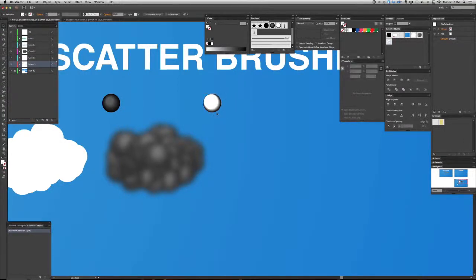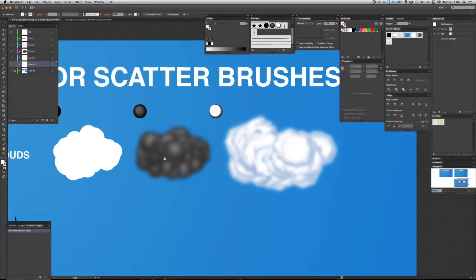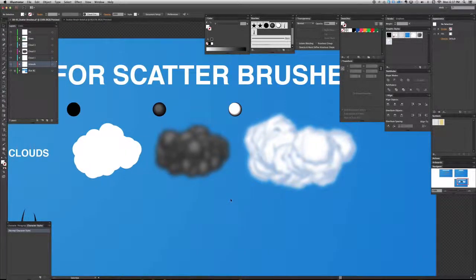And so what this particle is going to do is it's going to give me a much larger highlight on this side in the cloud that I'll make, and I'll get my tint of color basically as a small crescent on the side. So I'll show you this cloud, and there we go. Now we have three types of cartoony clouds that are basically all made from scatter brushes, and they all are